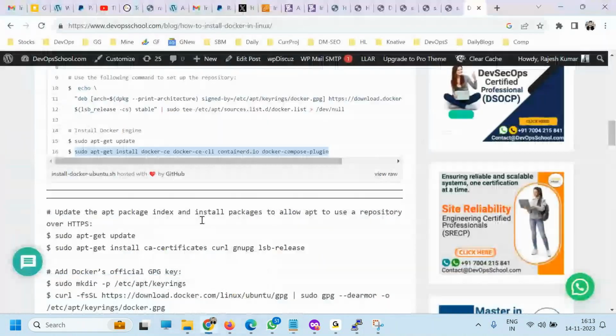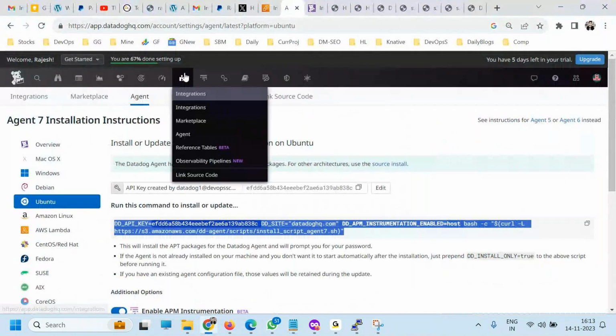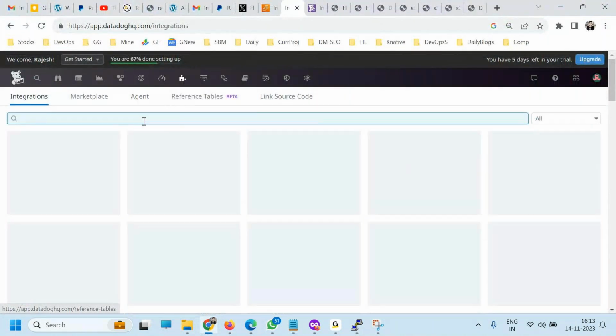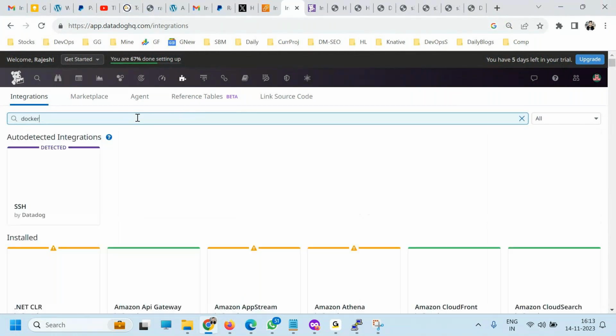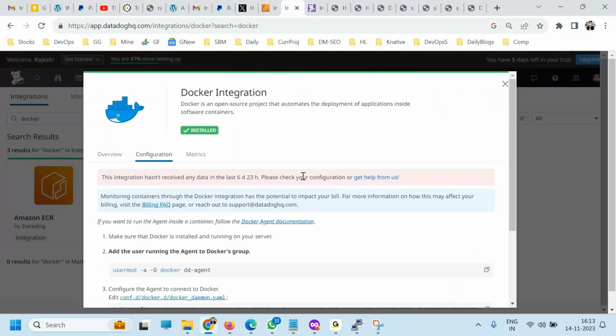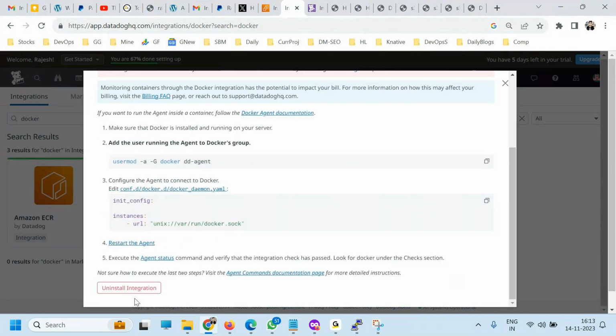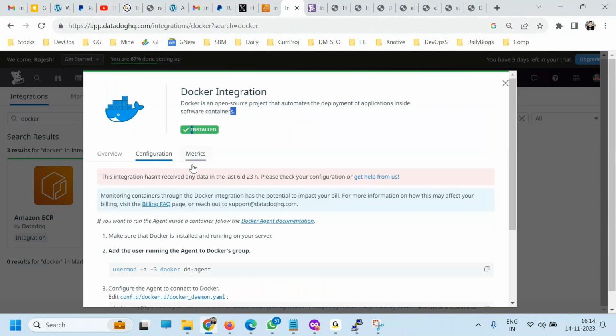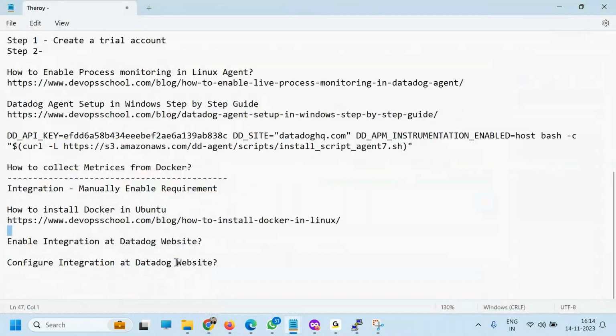Go to the Datadog website, go to the integration, click on it, and search for Docker. And now here you see Docker is there. Right now for me it's enabled, because where I'm hovering, you would have enable integrations, but I did it already. It's my old account, so it says uninstall. Uninstall means you are disabling the integration, but I don't want to disable it because anyway it's enabled. So this is done.